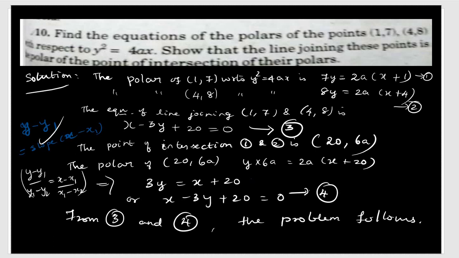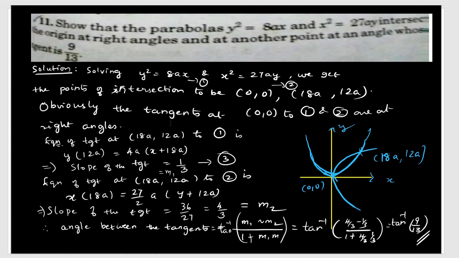So next one is this is the last problem in the exercise. Show that the parabolas, ரெண்டு parabola கொடுக்கப்பட்டிருக்கு. ஒன்று வந்து axis வந்து y axis, another one axis வந்து x axis. So what is the problem? Show that the parabolas intersect at right angles, one at the origin and at another point at an angle whose